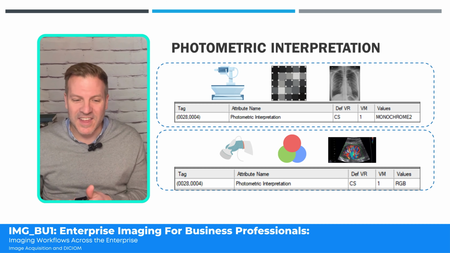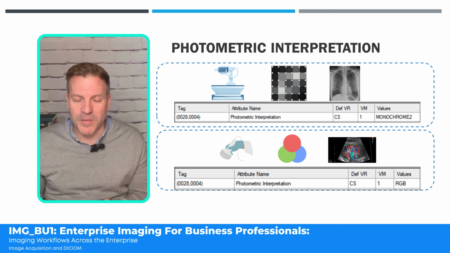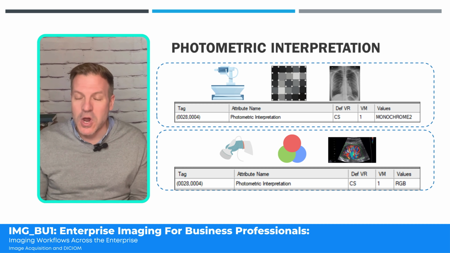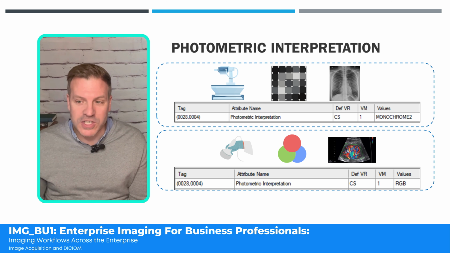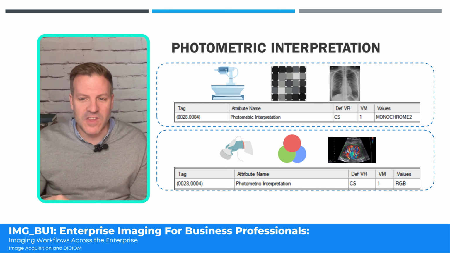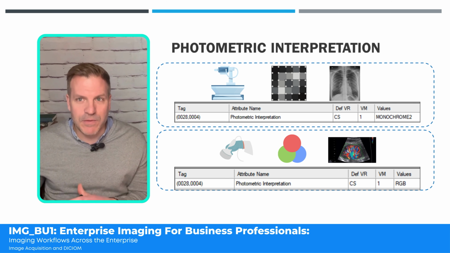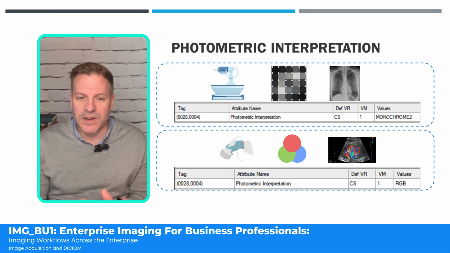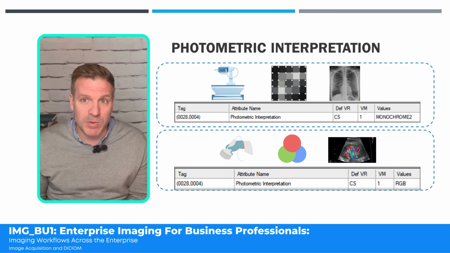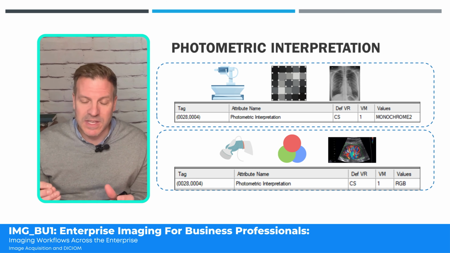in its appropriate way. It's very possible for ultrasound, especially cardiac ultrasound, where we're going to have some color in there. And the photometric interpretation value for an ultrasound that has color could be RGB. And there's some variations on this. You'll typically see monochrome 1 or monochrome 2 representing gray, and there are some different variances that can represent color. But it's important just at this point for us to understand that photometric interpretation is the attribute that allows us to distinguish some of these. And there are many attributes that allow us to decipher and determine and render the image in a